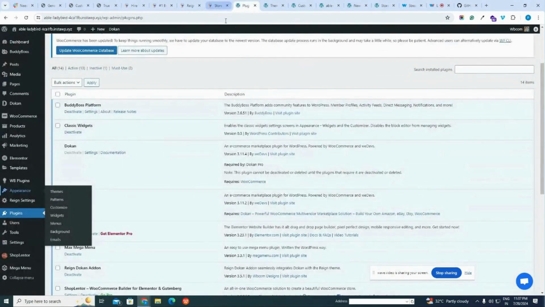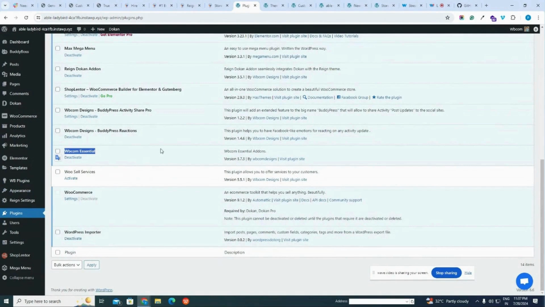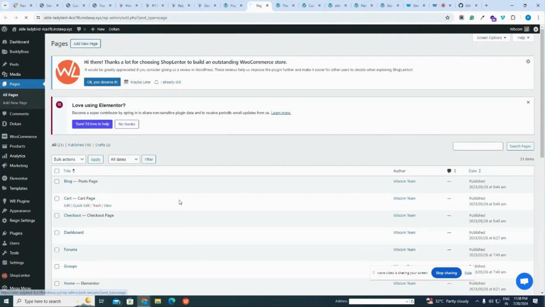And this solution includes the Webcom Essential plugin. This plugin allows you to have some ready-to-use pages, inbuilt Elementor pages, so that you can have a professional looking website in just a click.